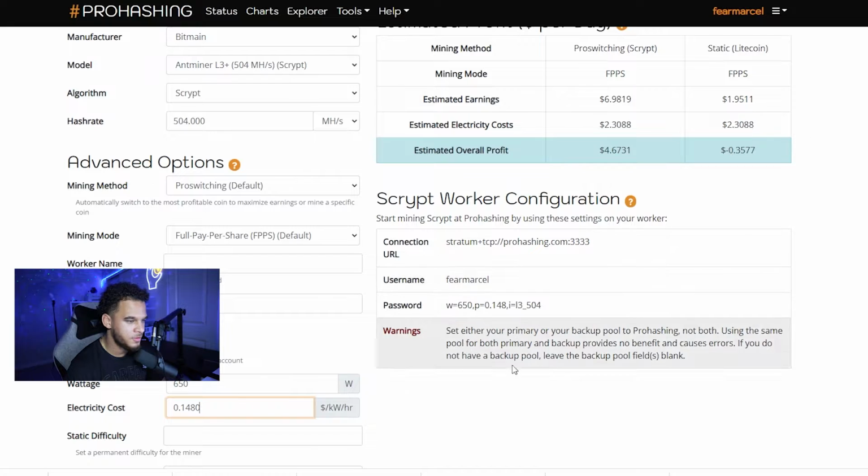Your URL, your username, which is your login for Prohashing, and your password. So this is the type of miner I have. This is the price of my kilowatt per hour, and this is my energy consumption, my watt usage. So you want to go ahead and